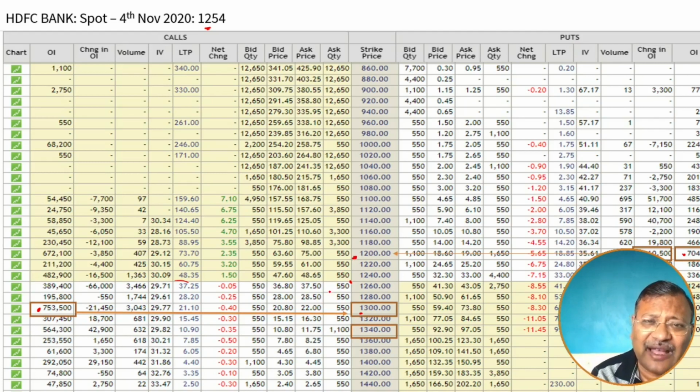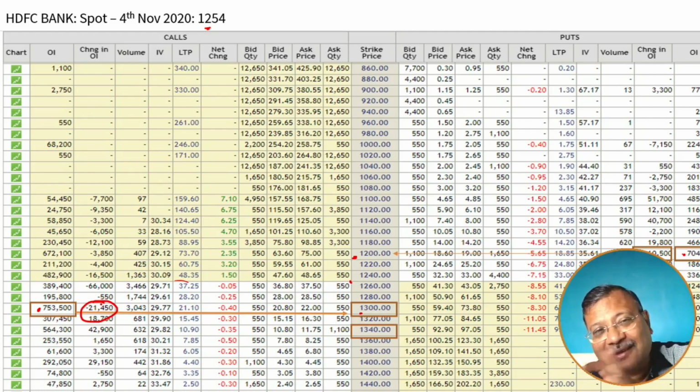So now we have established the support and the resistance level. But have a look at the change in open interest here. You notice the change in open interest is negative. Now what does this tell you? This tells us that a lot of people who had originally sold the call at the 1,300 level were of the view that the price will not go above the 1300 level. But now the change in open interest being negative tells us that those people are reversing their views. They are now saying that no, the price could go above 1300, right?